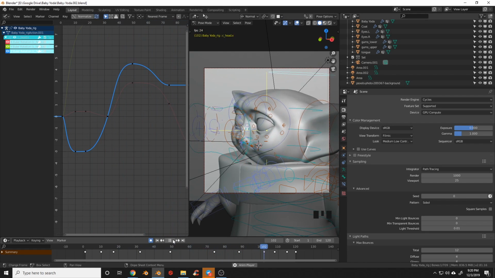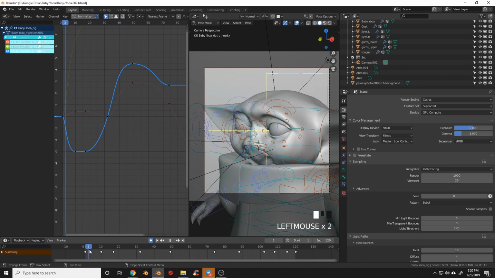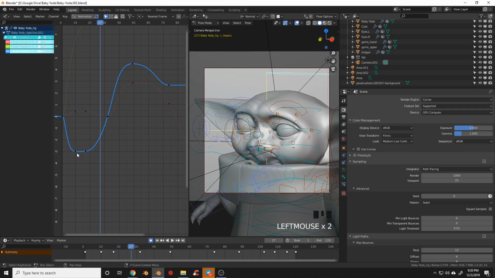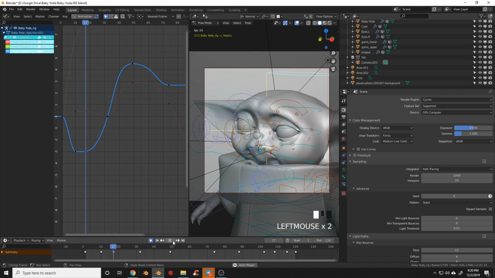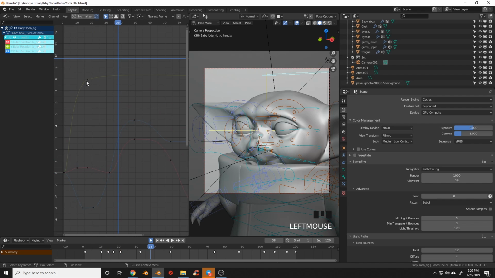There we go. So we can see that he's got more of a snappy motion. Now, I actually think that here, he's snapping out of that a little quickly. Baby Yoda's a baby, so he does have a little ragdoll head. So he doesn't snap around too quickly. So let's bring that easing back in. And I'm actually just going to take those keyframes and bring those over. Take this here. Bring that back a bit.